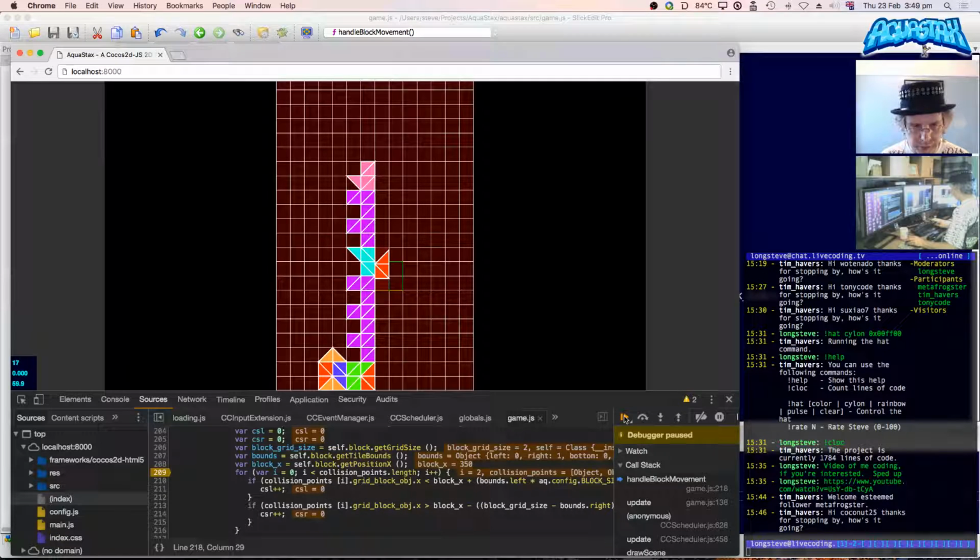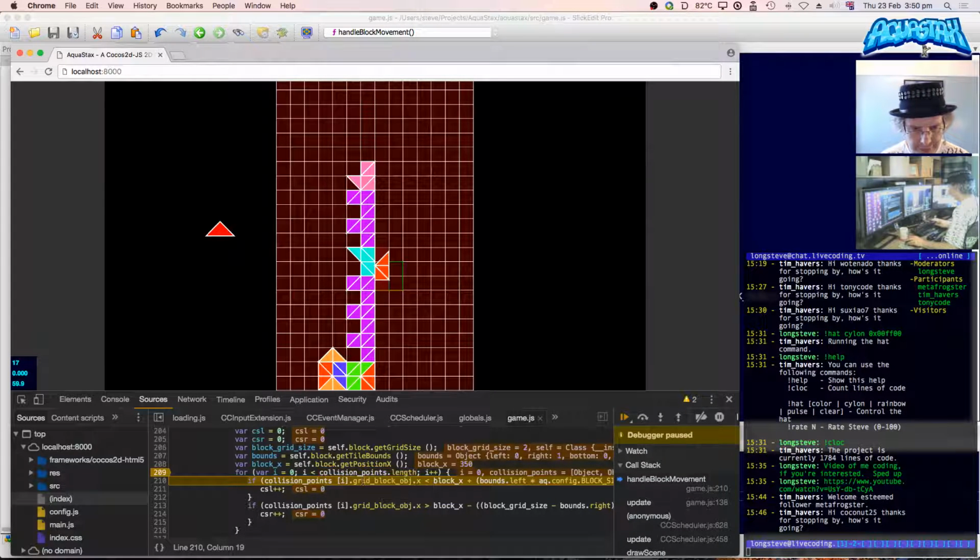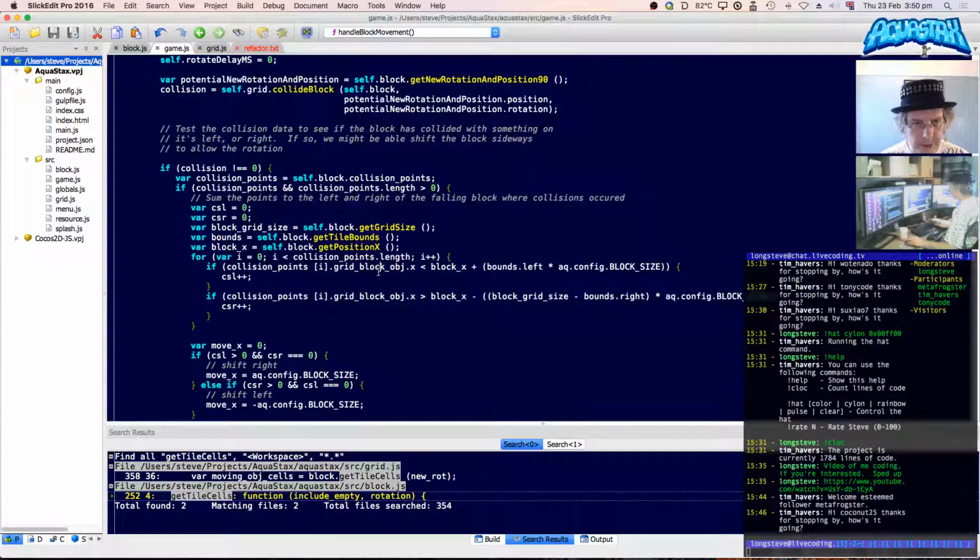In fact, if I just loop through that again, it'll do the same bit of code. So collision points of 0, grid block object X. Sorry, grid block. Oh, it's grid block pos.x, isn't it? Not grid block object X. I'm getting undefined, I suspect. Okay, that might be a good thing to fix. Grid block pos. Right, try again.